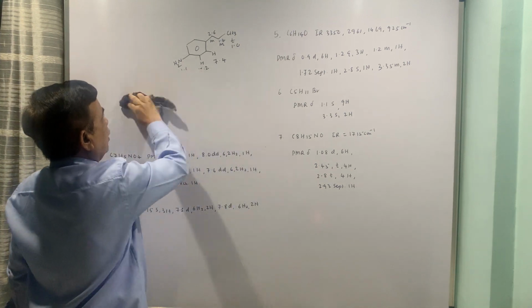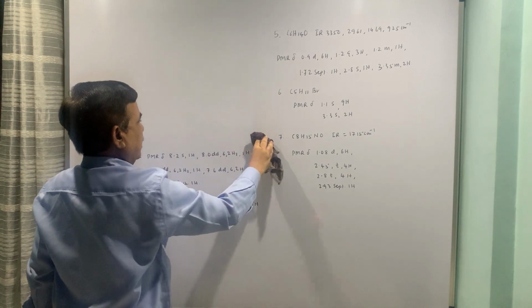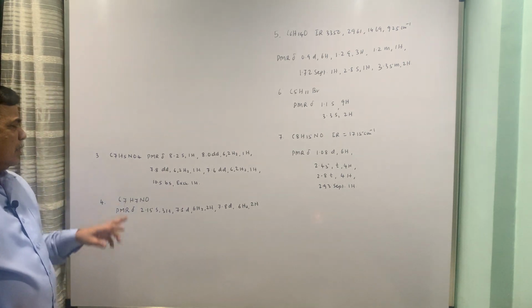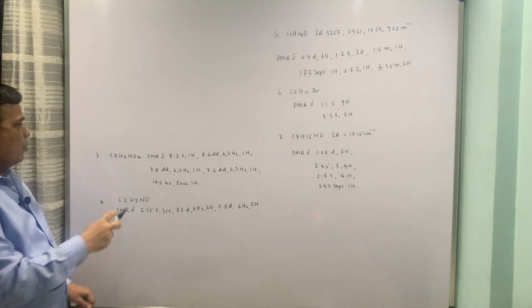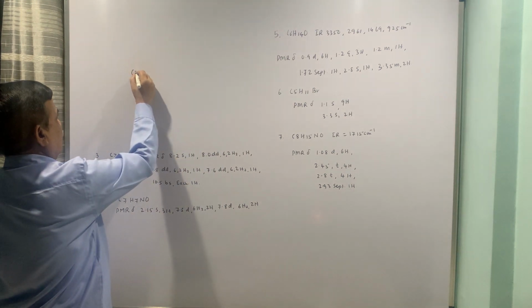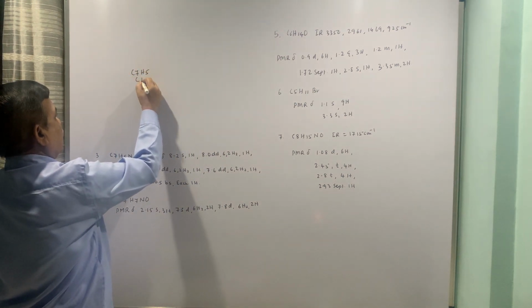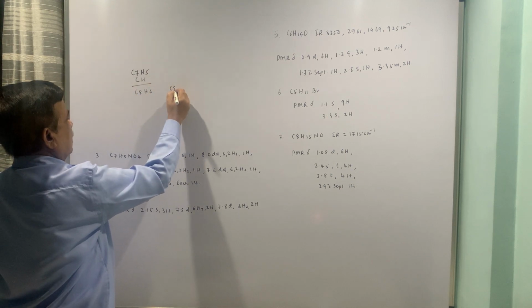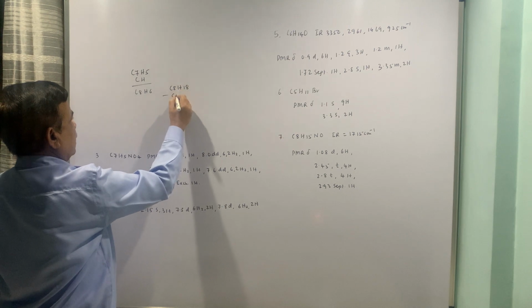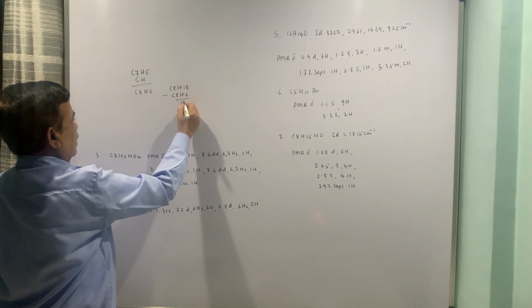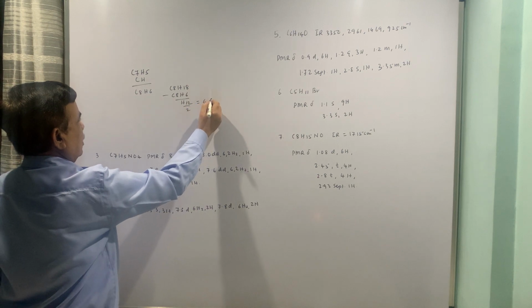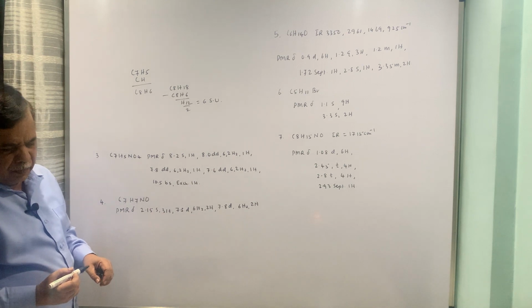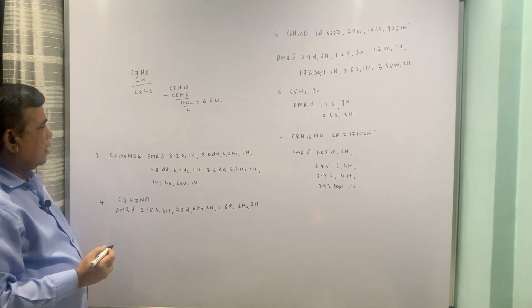So first of all you have to analyze the data and then go to the structure. Don't put the structure in advance. C7H5NO4. So once again C7H5 and then CH, we are neglecting oxygens. So C8H6, C8H18 minus C8H6, 12 hydrogens are missing. So 6 sites of unsaturation for this molecule.